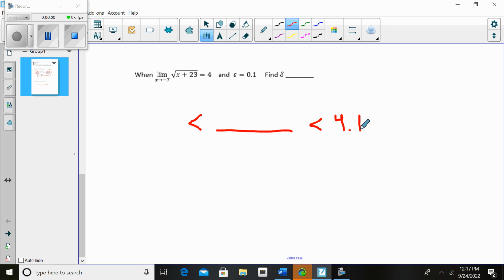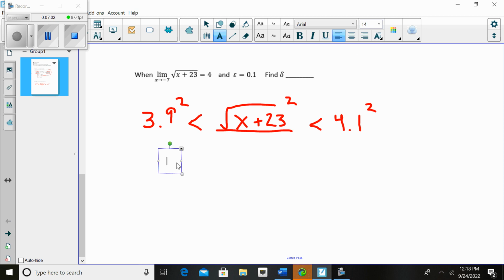Okay, so if you're back, you apply the 0.1 to the y value, to the functional value, and then you put the function in the middle. Okay, and it's not too bad of arithmetic here, but we're going to have to square all 3 sides because of the square root. Okay, so we do that. So I get 15.21 is less than x plus 23 is less than